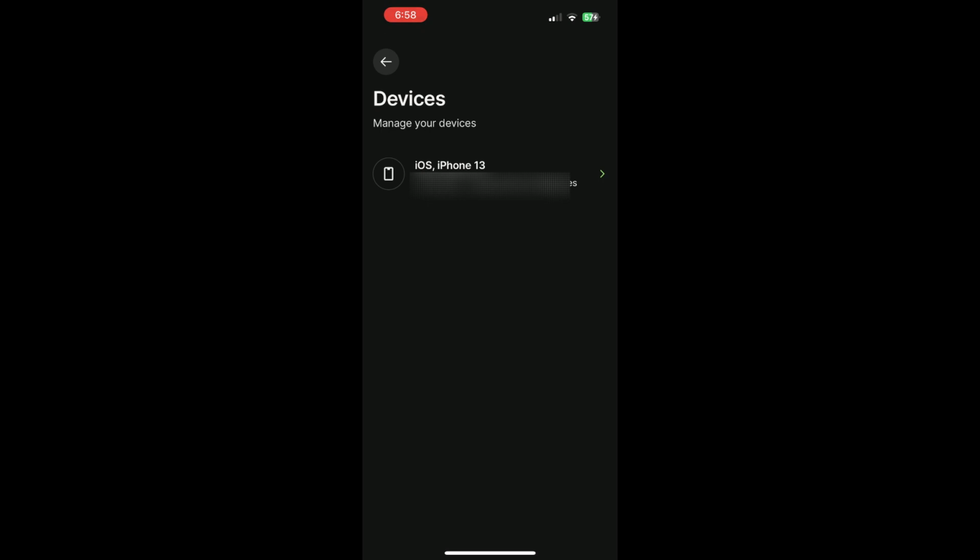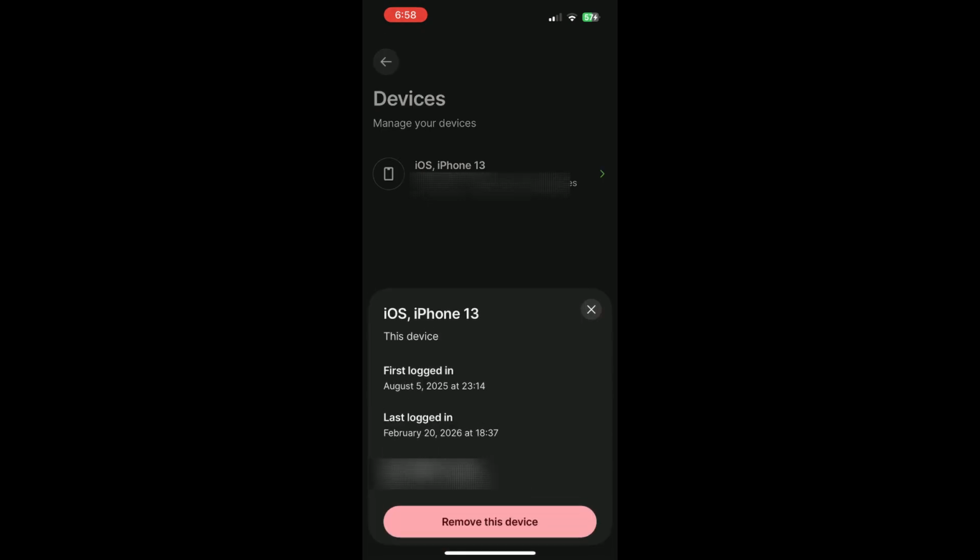To remove a device you don't use or don't recognize, tap on it and choose Remove, Log Out, or End Session. This will stop that device from accessing your Wise account until someone logs in again with your password and security checks. If you've changed phones, just log in on your new device and complete any SMS, email, or app verification. Wise will then treat that as a new trusted device, and you can safely remove the old one from